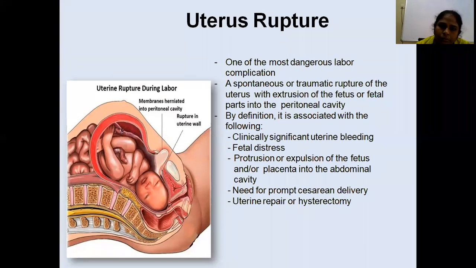So if you are not able to prevent the uterine rupture, at least go for immediate surgery, and you have to save the mother. If the uterus is not severely damaged and the bladder is not severely damaged, you can just remove the baby and suture the uterus, and if the bleeding is controlled, then you can just do a uterine repair. But if the bleeding is not controlled with the uterine repair, then you have to remove the uterus to save the mother. That's hysterectomy.